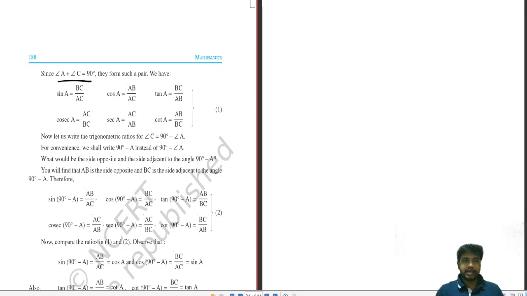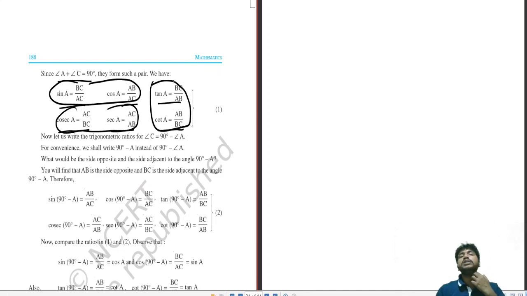Let's look over here: sin A and cosec A, cos A, sec A, tan A, cot A. We have these relations from the past, but for complementary angles we will have pairs of these. This will be in a pair, this will be in a pair, and this will be in a pair. We'll look into how these three got into pairs. First let's make a diagram. It is only for the concept, and after that the sums are very easy.